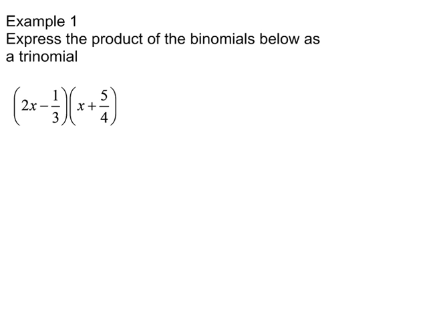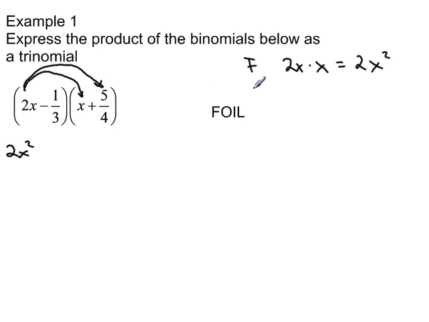Okay, example 1. Express the product of the binomials below as a trinomial. Alright, so first we're going to FOIL this out. And when we do that, we got 2x times x. That's 2x squared. Then 2x times 5 over 4. So the first was 2x times x, which gave us 2x squared. Now we're doing the outer, and that's 2x